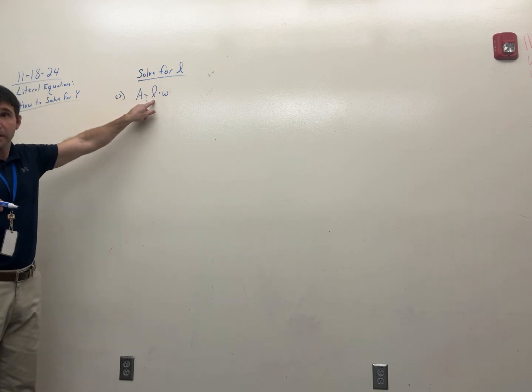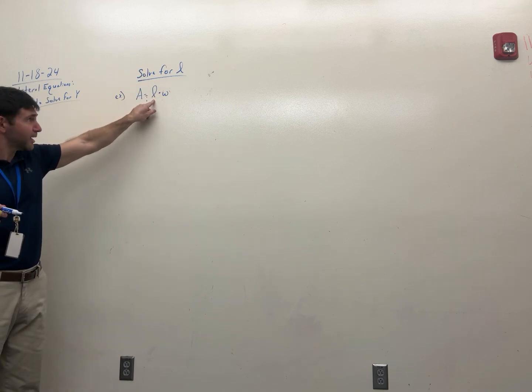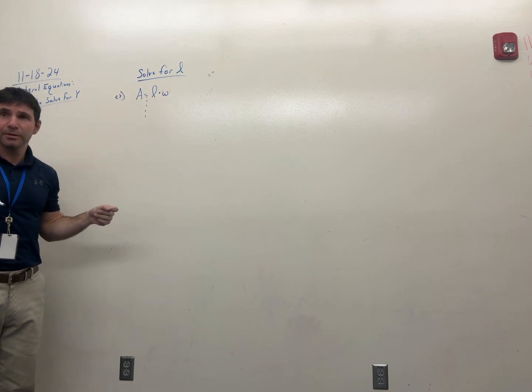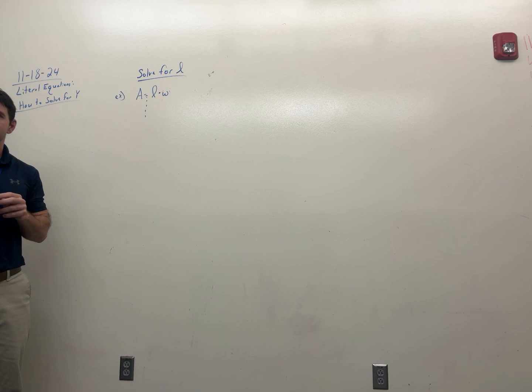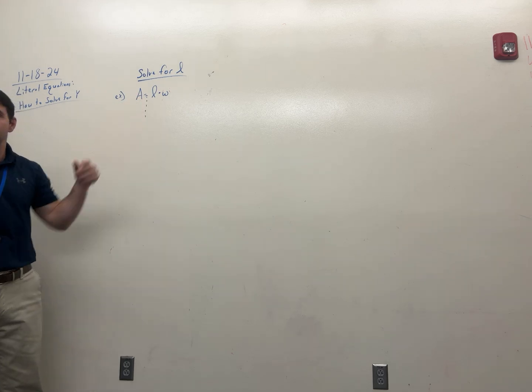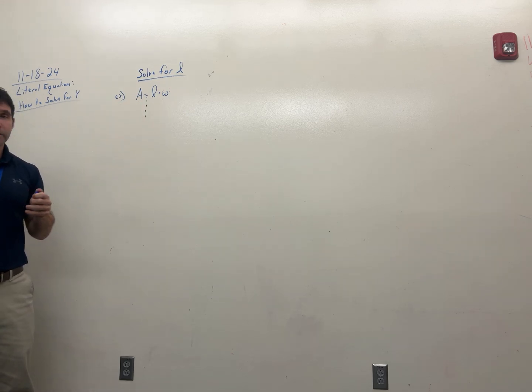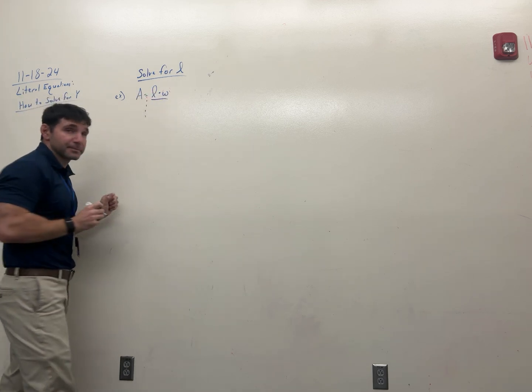So this is my variable. How do I get rid of L times W? What's the inverse of times? Division. So what am I going to divide by? If I want L to stay there, what do I have to get rid of? W. So I divide both sides by